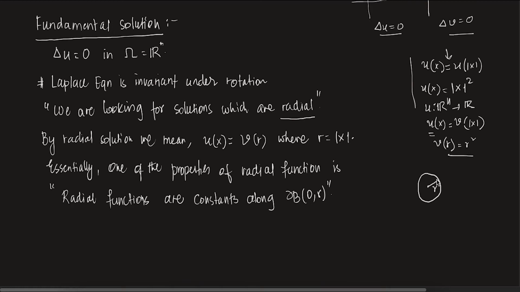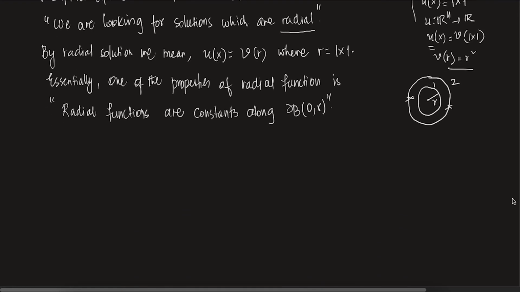If it is radial, then the function has to take a constant value over this ball. If you take another ball, it will take another value, but that will be constant. So on this ball, let's say the value is 1. I'm just giving one example. On this ball it is 1. Again, on this ball it can be 2. But over the ball, any point you take is always going to be the same. When you change the ball, it of course changes. But you do understand what I'm trying to say. So on the boundary, they are going to be constants.